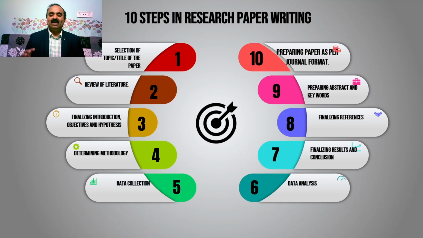Once you finalize your results and conclusions, almost your paper is finished. So in your research paper, the first part will be introduction, in which you will be introducing your topic. The second part will be review of literature, in which you will be reviewing 10 to 15 studies. Third part is objectives, which specify what you want to find out in your research. They may be 3 to 5 in number.